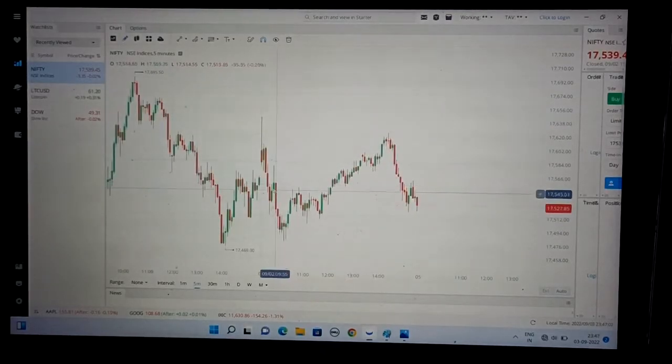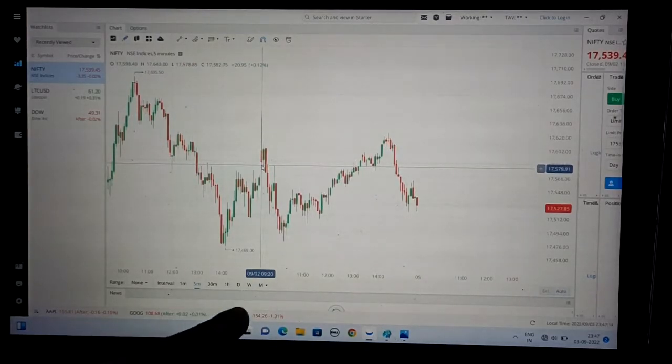Suppose this is the opening of a market. Here is the opening of a market, and after opening, this is the lowest point of today's market. Yesterday, on 2nd of September, this is the opening, and this is the lower end. If it closes from the lower end and